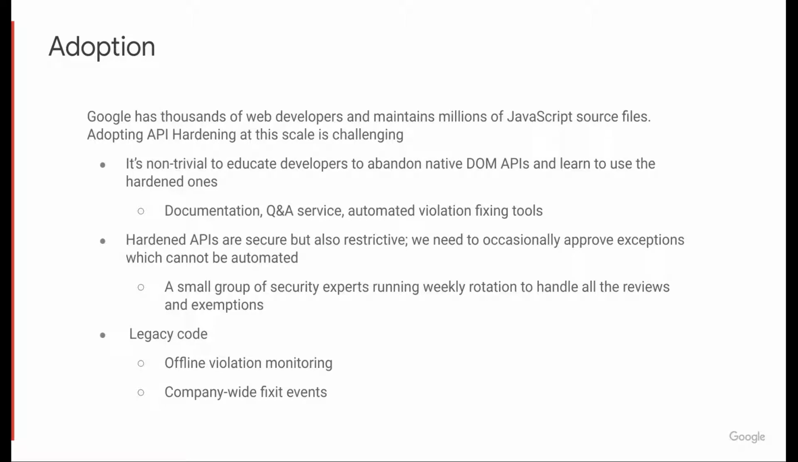The hardened APIs look good so far, but the real challenge is how to migrate developers off the original APIs and make sure they know how to use the new APIs without impacting their productivity, especially for an organization as large as Google. We offer various supports in accordance with the hardened APIs, like documentation, Q&A services, automatic code